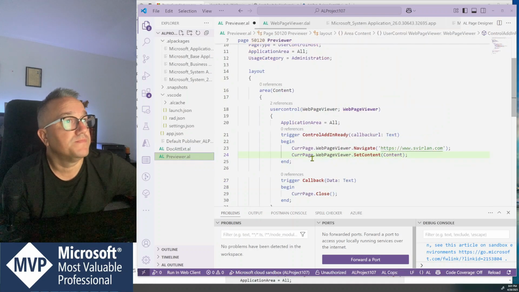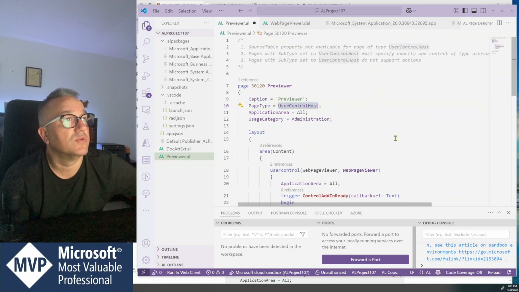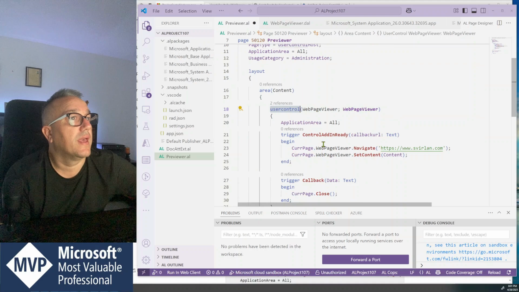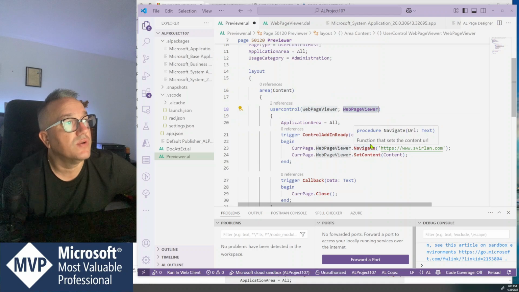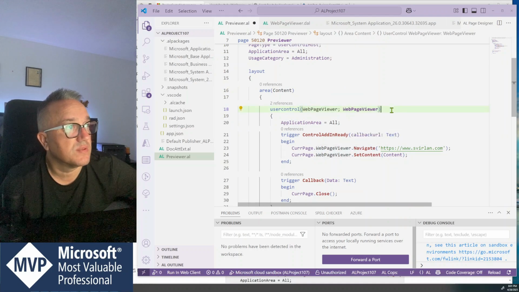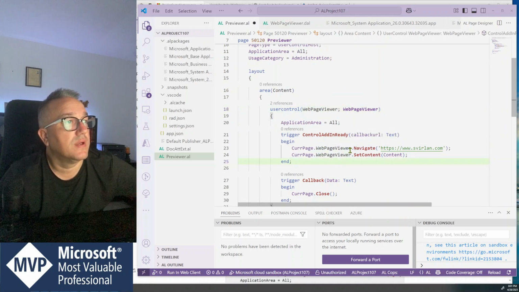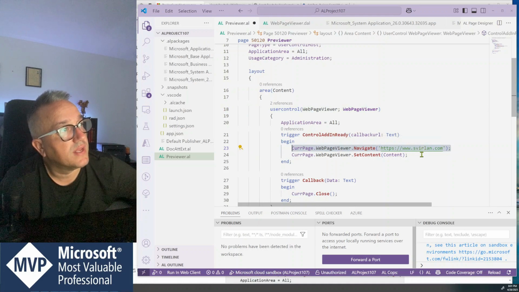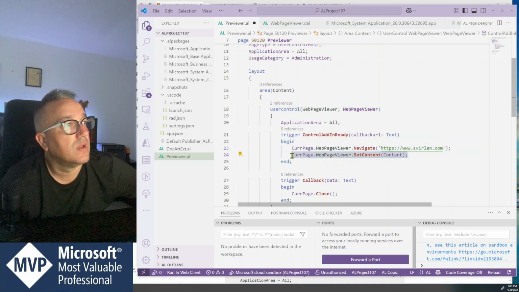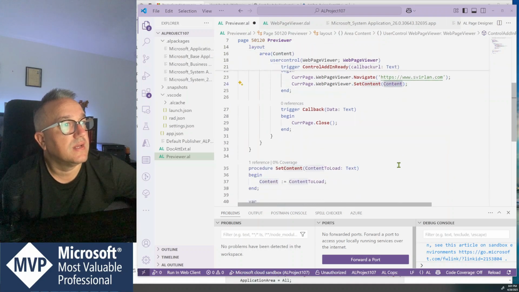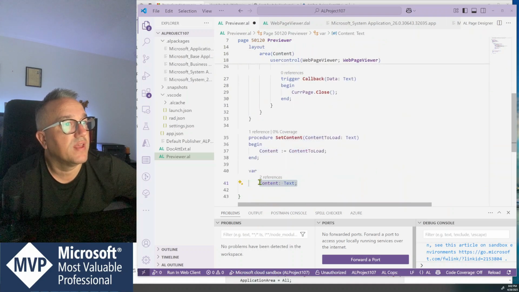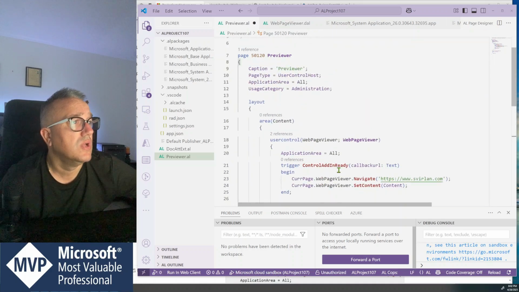The page previewer is of this type, UserControlHost, and as you can see, we have one control here, no actions, just one control that's using the WebPageViewer control add-in from the system application. For the WebPageViewer, we have two examples. One where I display my website, www.esverlan.com, and another one that will load the content which is passed in a global variable on this page via this set content. So let's comment the first